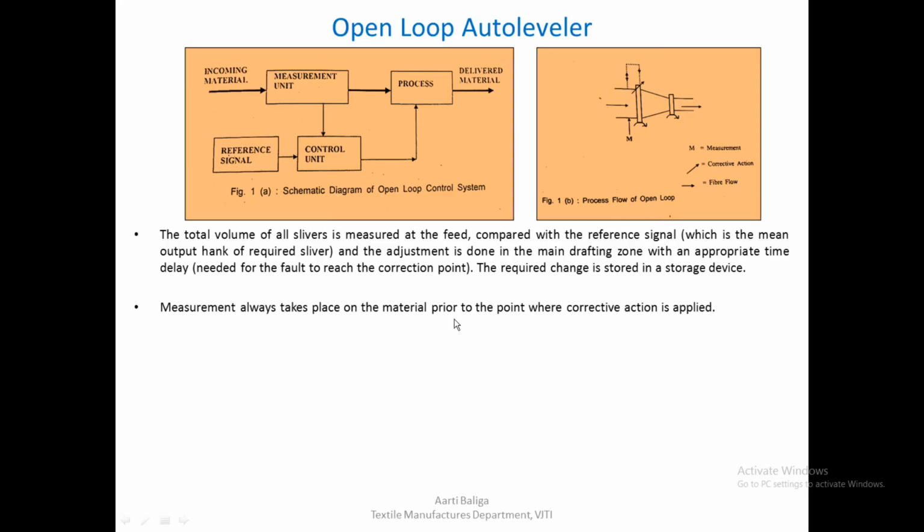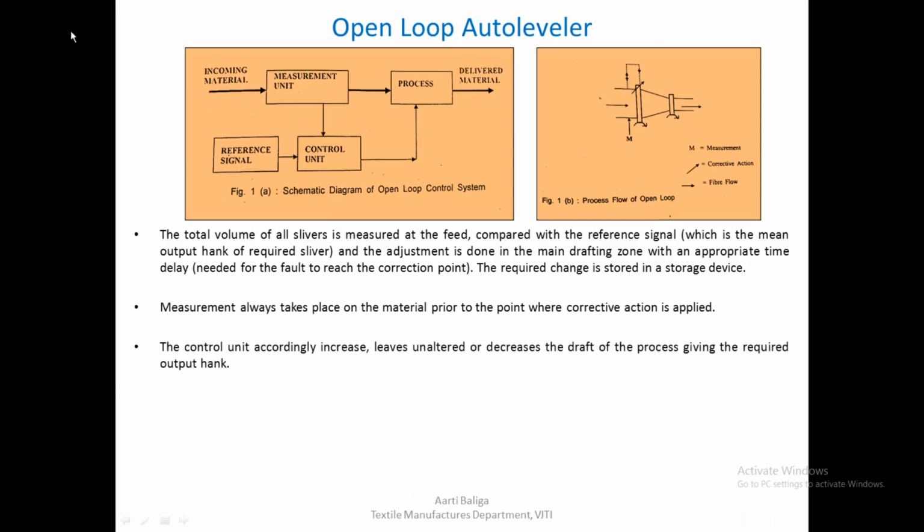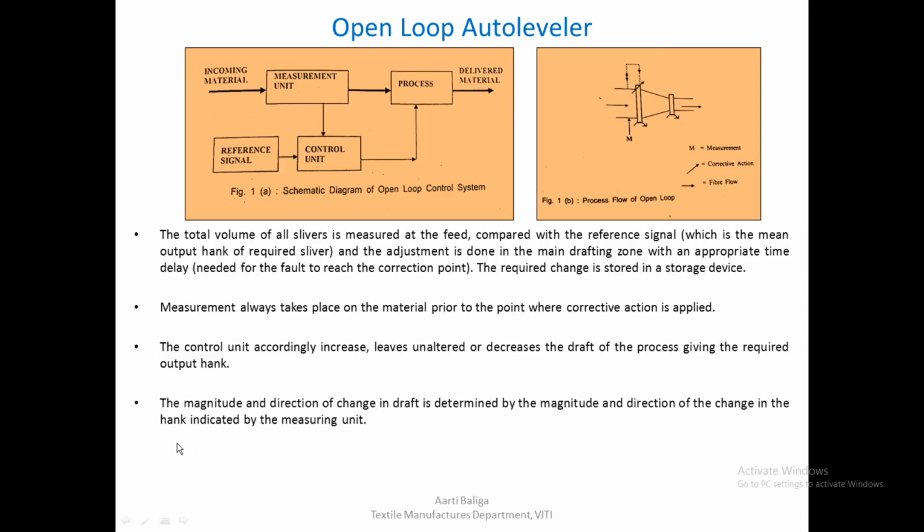Measurement always takes place on the material prior to the point where the corrective action is applied. The control unit accordingly increases, leaves unaltered, or decreases the draft of the process, giving the required output hank. Magnitude and direction of change in draft is determined by the magnitude and direction of change in the hank indicated by the measuring unit. So whatever the measuring unit senses, the magnitude and the direction, whether it should be increased or decreased, it feeds its data to the control unit, and accordingly draft changes will happen